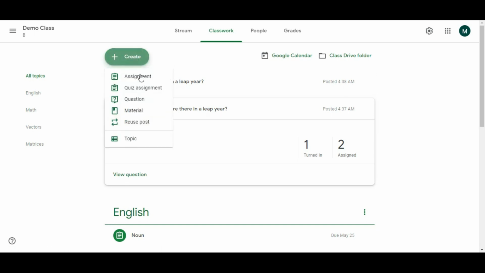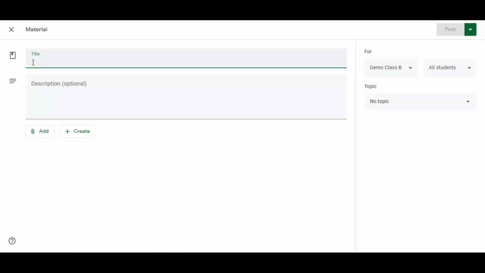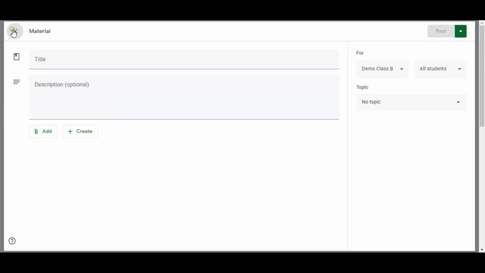So now we have the next item, material. Material is actually used if you want to send a syllabus to the students for certain topics to prepare for a test, or if you want to ask them to make a presentation and you want to provide some material for it. So you can use this tab and you can add any file, the same way, from Google Drive, from any web link, or if you want to upload a file from your computer, or any YouTube video you want to show to the students for the project or presentation.